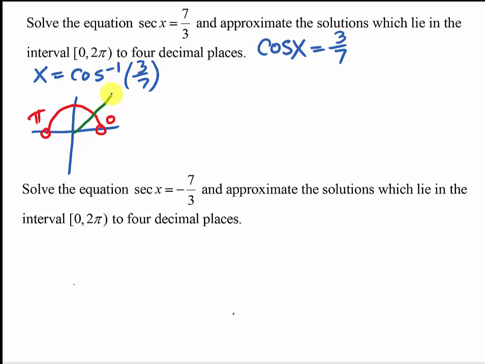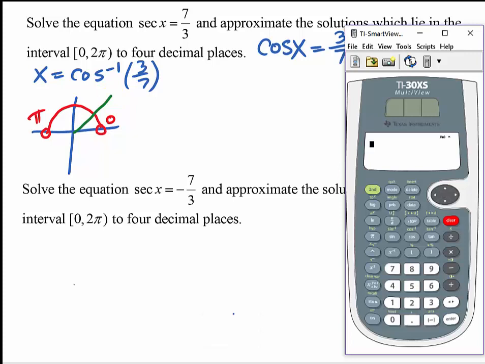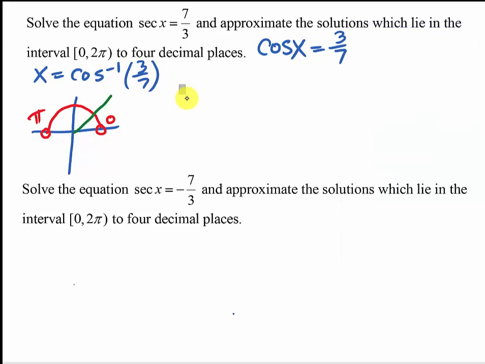So let's go ahead and bring up the calculator. I'm going to make sure I'm in radians. Then I'm going to do inverse cosine of 3 divided by 7. And there's my first answer. It's going to be 1.1279. So we have x equal 1.1279. And now I need to ask myself, where is another place between 0 and 2 pi that would have